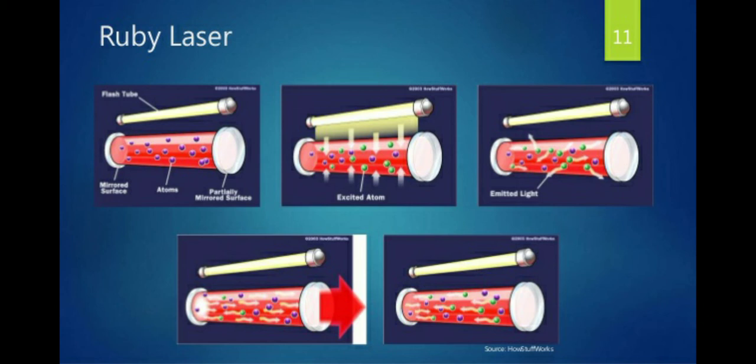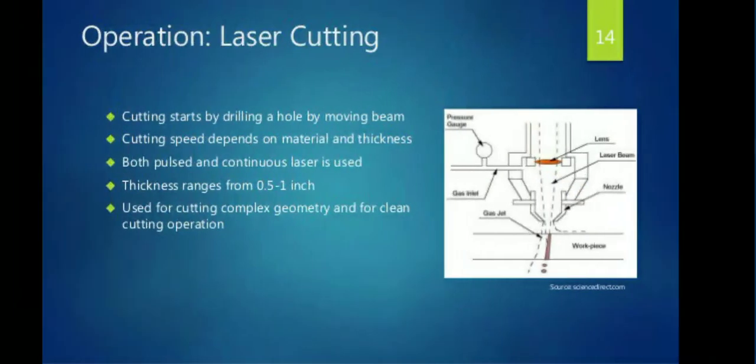When it touches the fully mirrored area, it will try to go in a straight line, which means the diverted electrons also gather at one point and go into the partially mirrored area. Then once sufficient energy is obtained by the electrons, they come out from the ruby laser and go into the lens.